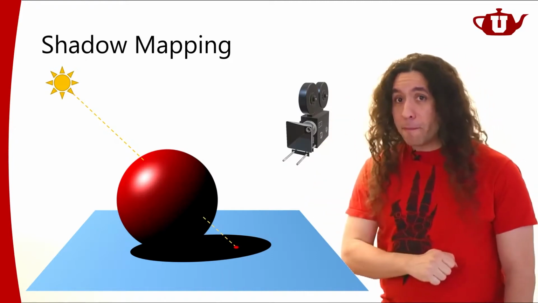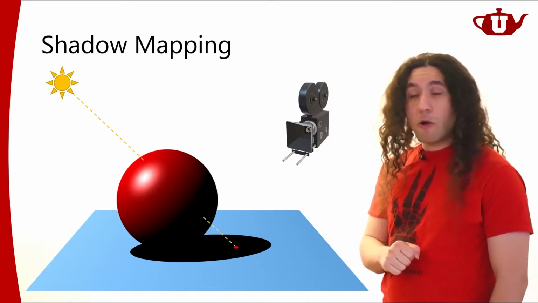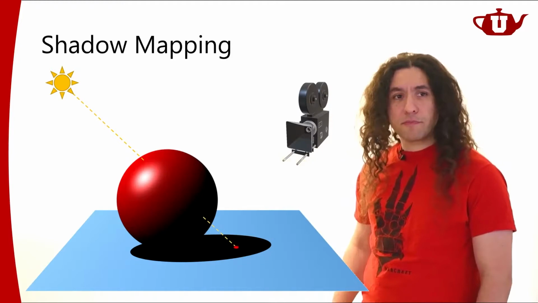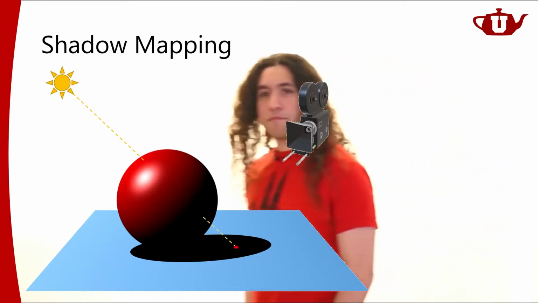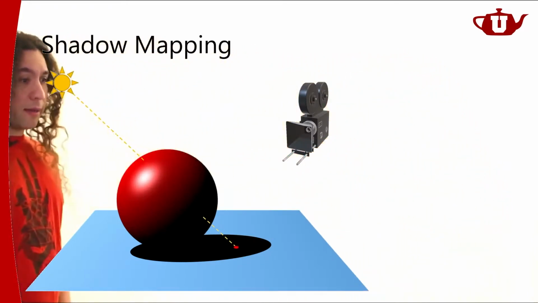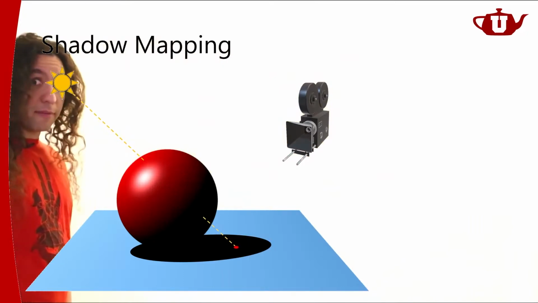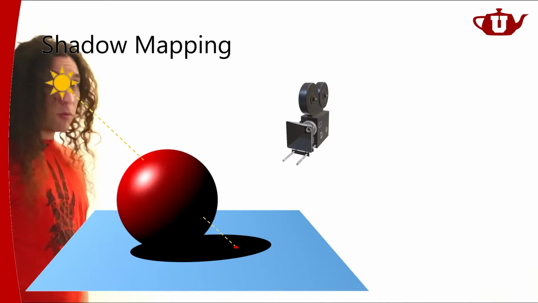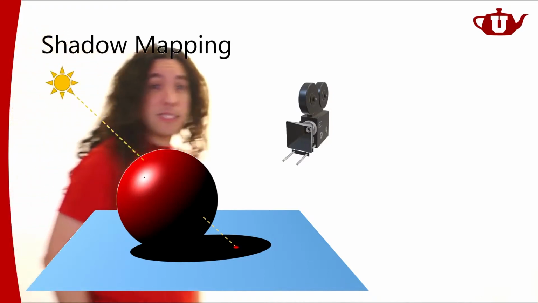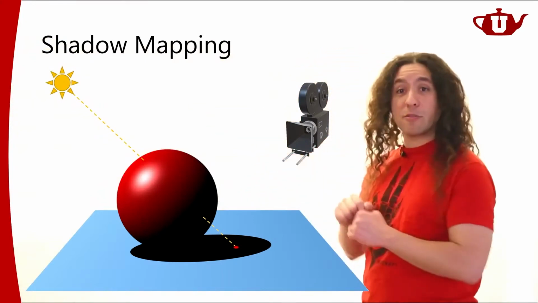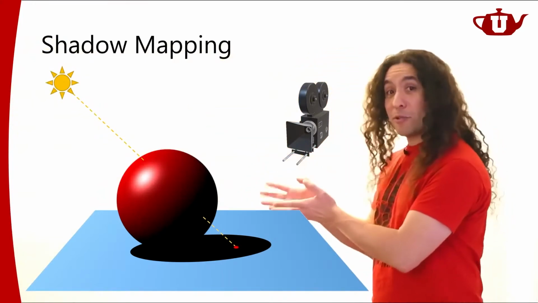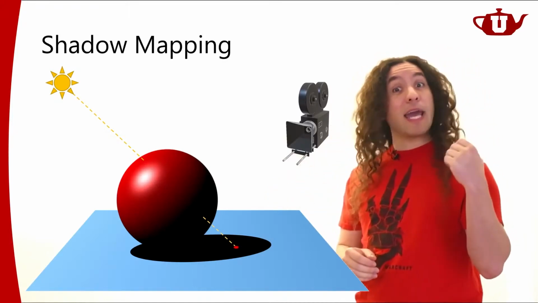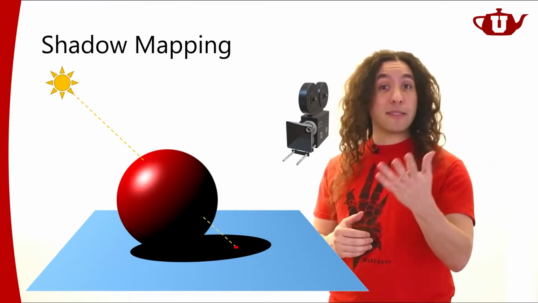With shadow mapping, what I would like to determine is whether a point is visible from the light source. So if I were looking at this plane from the light source, I'm looking at the scene from the perspective of this light source, what would I see? Any point that I see from that light source will be visible to the light source, obviously, that means that it's going to receive light. Any point that I cannot see will not get light.